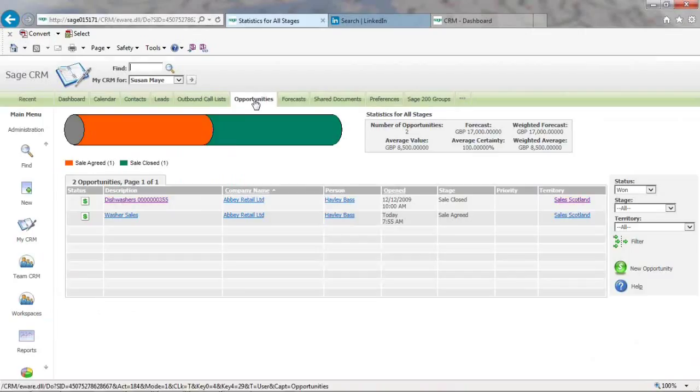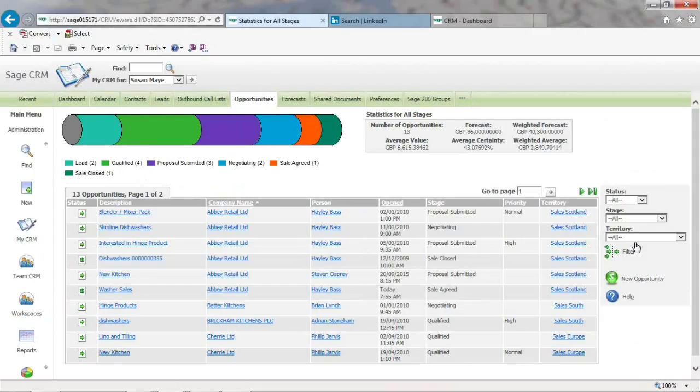More importantly to me is my opportunities. I want to see what's coming in. I'm just going to expand that a little bit so I can see all of my opportunities. So I can see all of my opportunities across the board at every level. I'm just waiting for my Sage laptop to catch up with the TSG software there. So now I can segregate my opportunities into different areas. So what's a lead, what's been